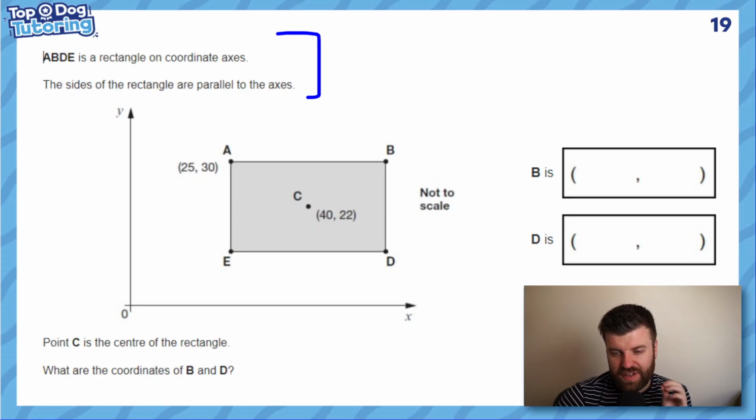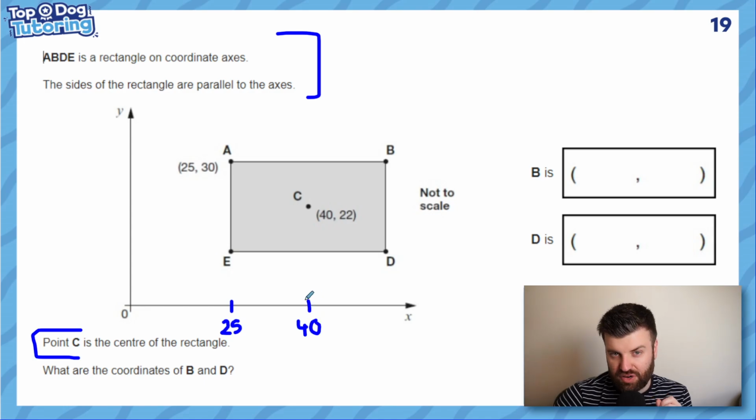Okay, so let's firstly isolate the x-axis. So what is this point here where the rectangle starts? How far across do we go? Well, luckily we're given it. It's 25, because A is 25 across and 30 up. So we know this is 25. Now, what else is vital to understand is that this point C is the center of the rectangle. So whatever this is here on the x-axis, which we know is 40 by the way, because we're given it,